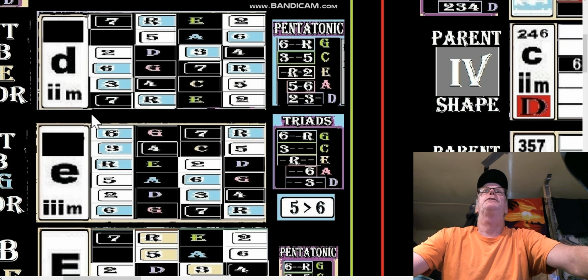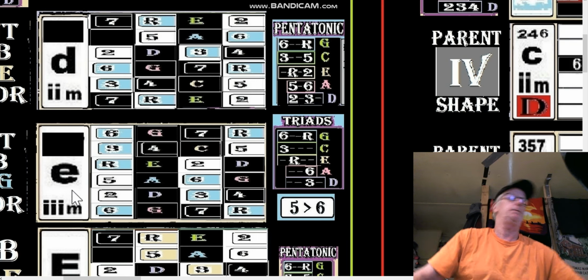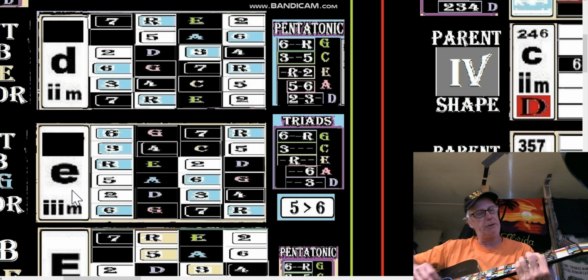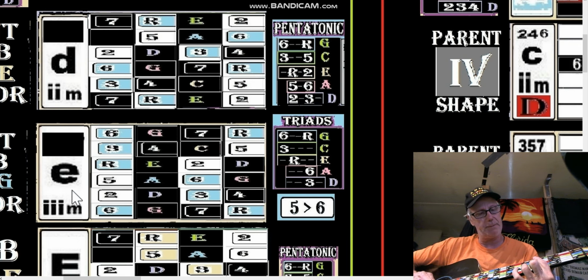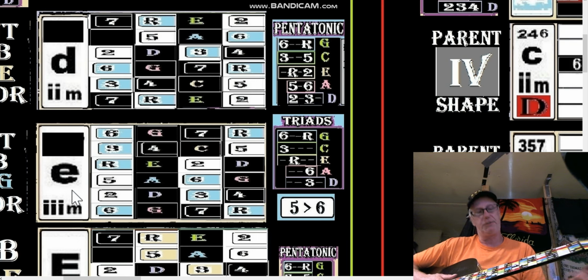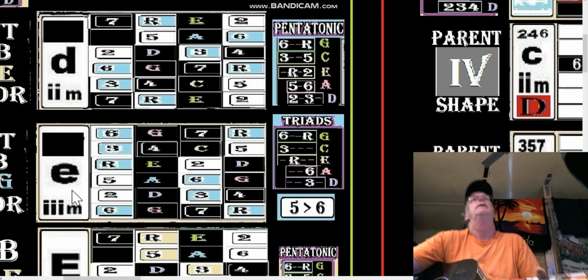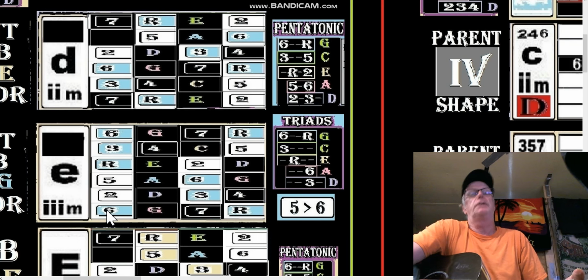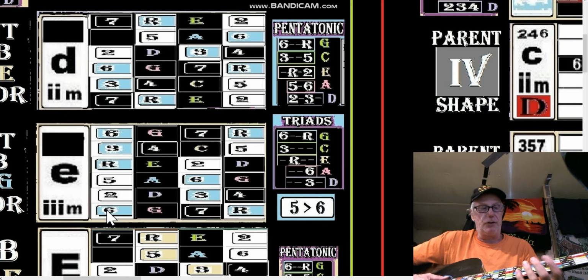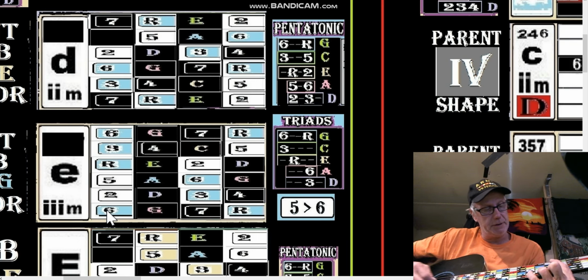Alright, so now let's look at our minors with the substitutions. So we got E minor here, we got D minor. In the C box, these are the shapes. E minor is the E minor shape, D minor is the D minor shape. Okay, but we're going to be modulating those shapes as we go up the fretboard. Normally, they're going to be combinations of each other. So, you know, you can play a D minor shape